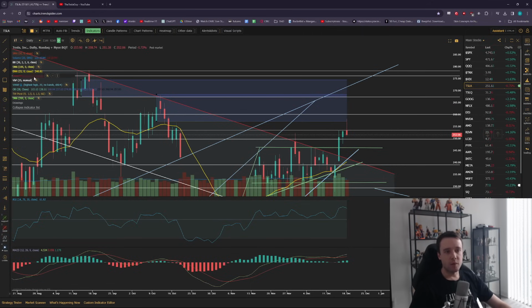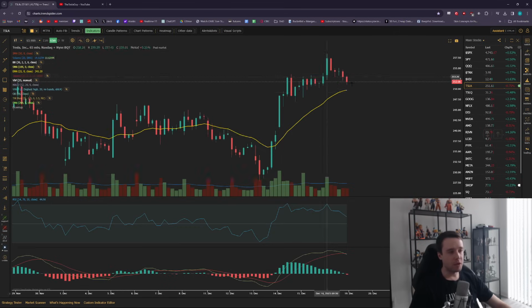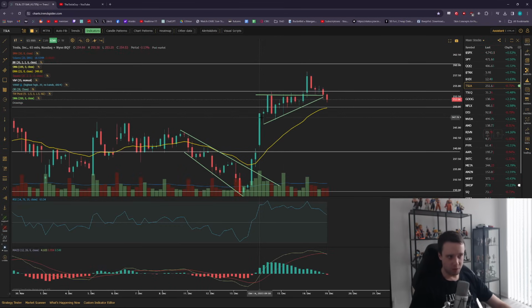Now, that's important to understand. But if we go back into, what was this thing right here? Go back to the 65-minute chart. We did obviously break back down under this little ascending triangle that we were in. That did give us this little pop this morning, which of course then we collapsed back further. Now we're close to the 21 EMA. We're holding around that general area that we held pretty much right around here, which is like the low 250s,